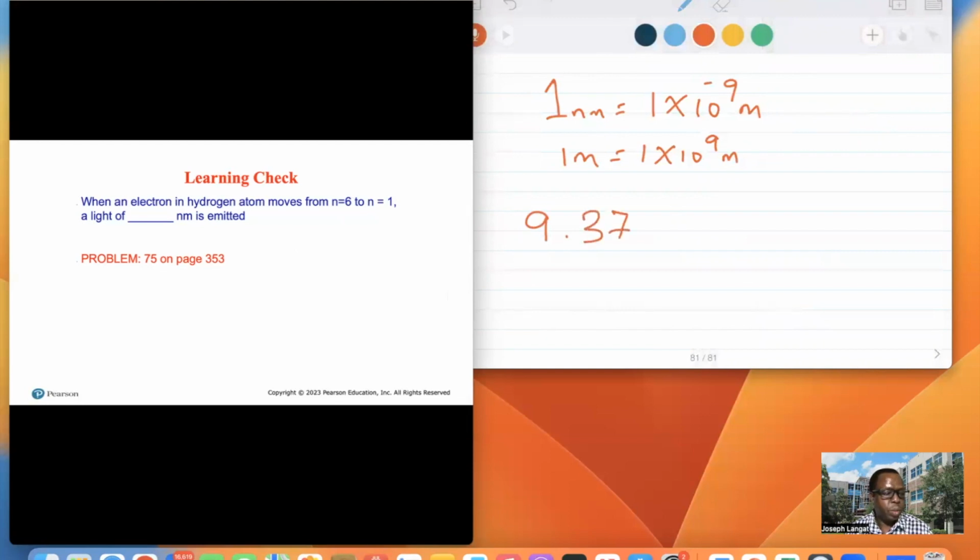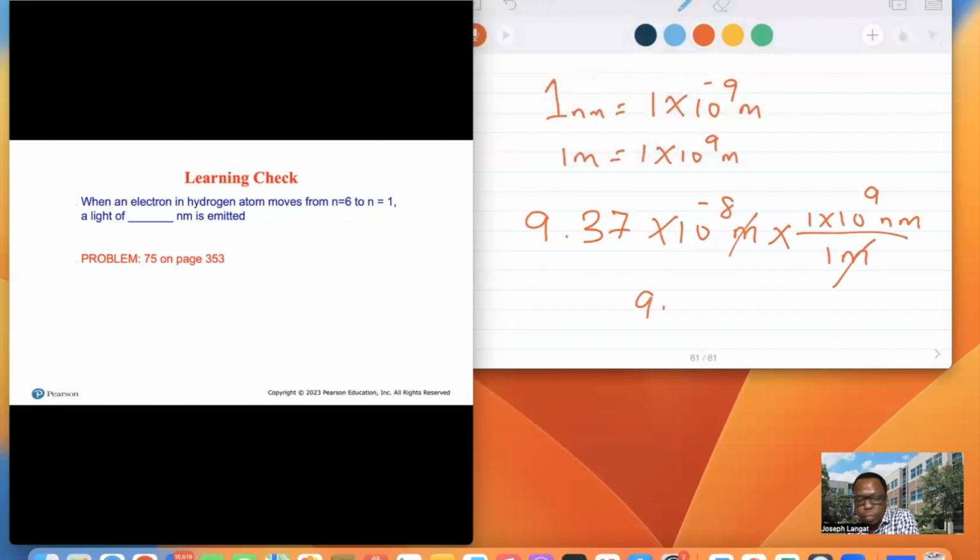9.37 times 10 raised to negative 8 meters. We want to get rid of our 1 meter here times, see this, 1 times 10 raised to 9 nanometers. Change that, the meter and the meter will go away. You want to cancel the meter and the meter to get the nanometers. All right. Which is 9.37